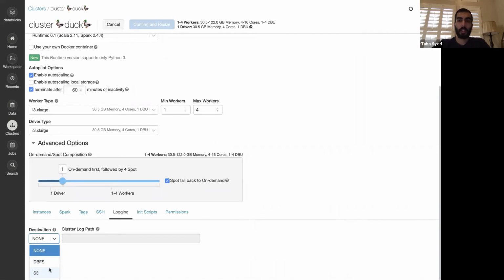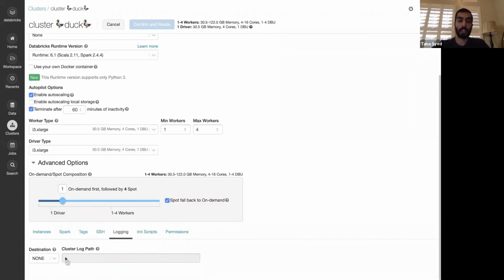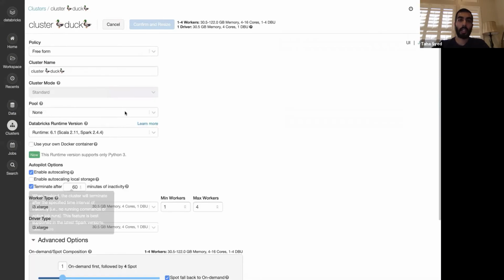This is recommended as a best practice, especially for a production cluster, so that you have an easier time going in and debugging it. When you have one of those up and running, it'll just go out and save all the cluster logs to that specific location. So I do recommend this, but if you don't specify this, so right now there's nothing specified, I can still go